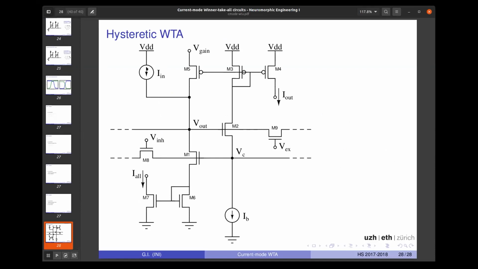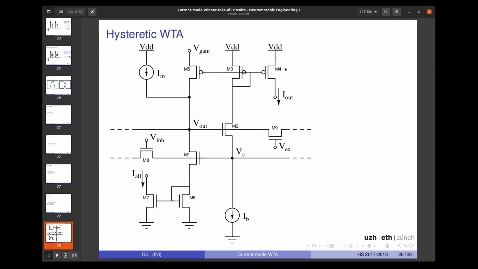So if you want to take over, you have to provide an input current which is larger than the winner current plus IB. That allows you to overcome this hysteresis. And if you want to lose, it's the same thing: you have to go less than the second highest current minus IB, because IB is